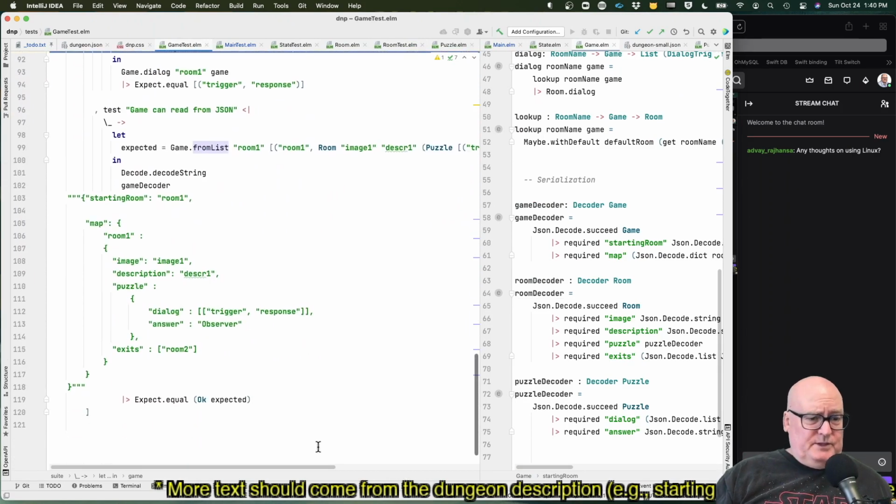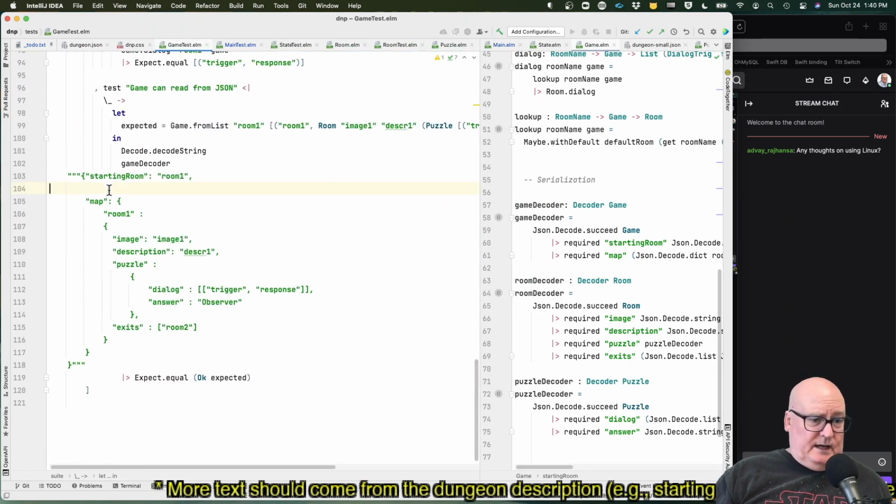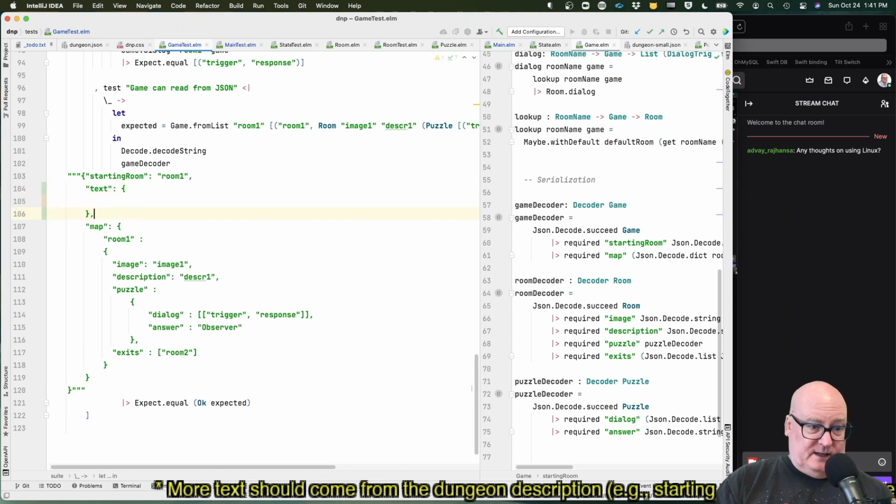Game can read from JSON. Okay, so what I'm trying to say will happen is we will have a text, and whether that's the best key, I don't know, but it's going to take some stuff.